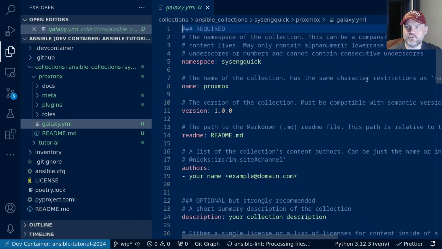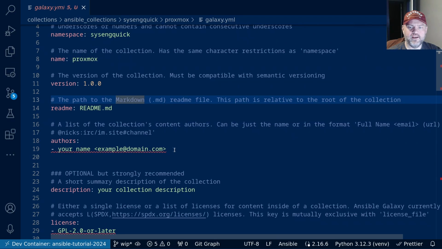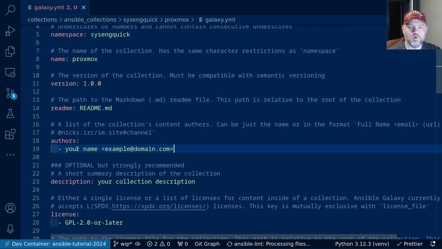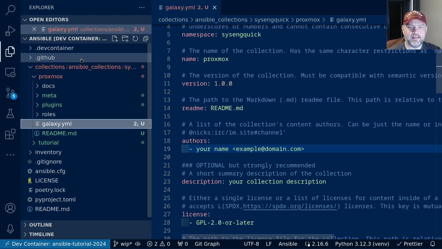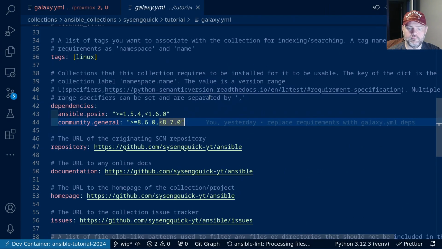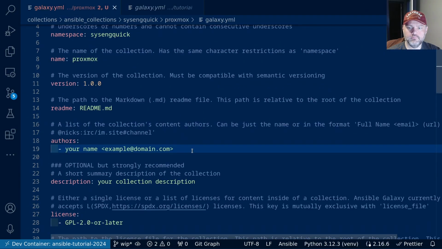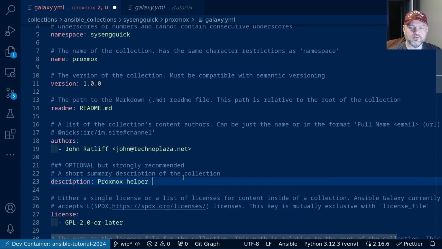We're going to go into the galaxy.yaml. We're going to fix a few things in here. We'll go ahead and save this, and I'm just going to open up the other collection, and I can copy over information from there. So let's start by copying over my author. There we go. Description is going to be Proxmox